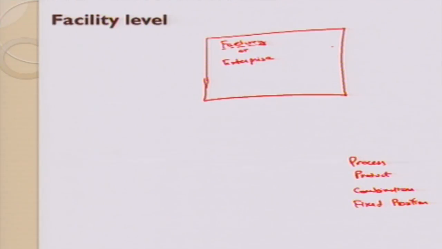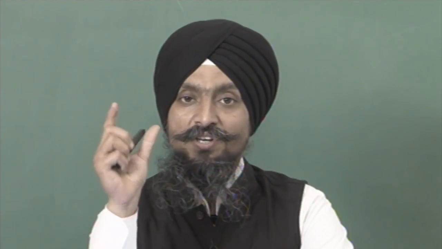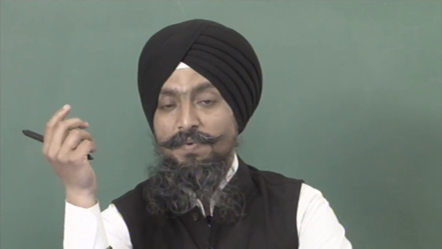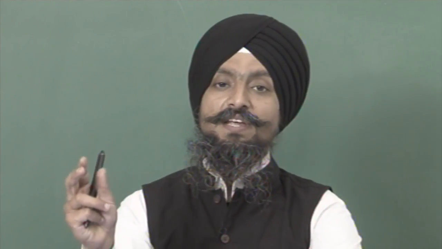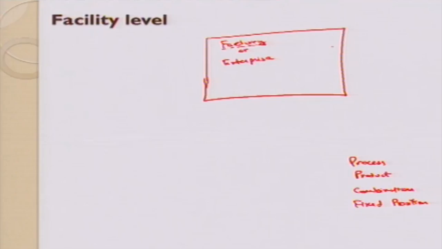A process layout is when different sections in a factory each do only one process. For instance, we can have one section for drilling, one section for turning, one section for maybe assembly. So, one section is completely dedicated to one kind of process. What happens in process layouts when material comes? For instance, if the sequence is first milling, then drilling, then grinding, then some inspection has to happen to the material. It will go to the milling section first, then to the drilling section, then to the grinding section, and so on. In this way, the material will move.